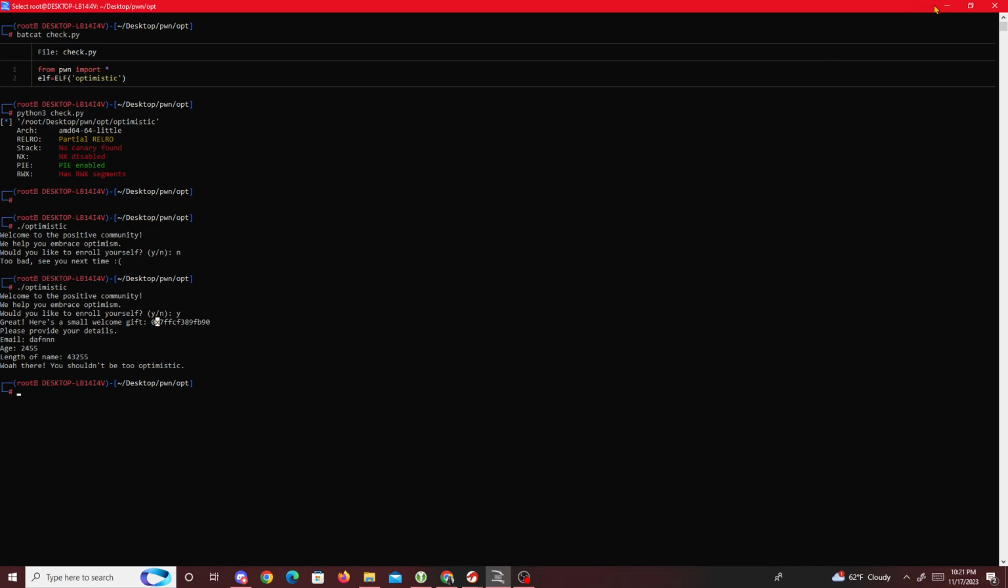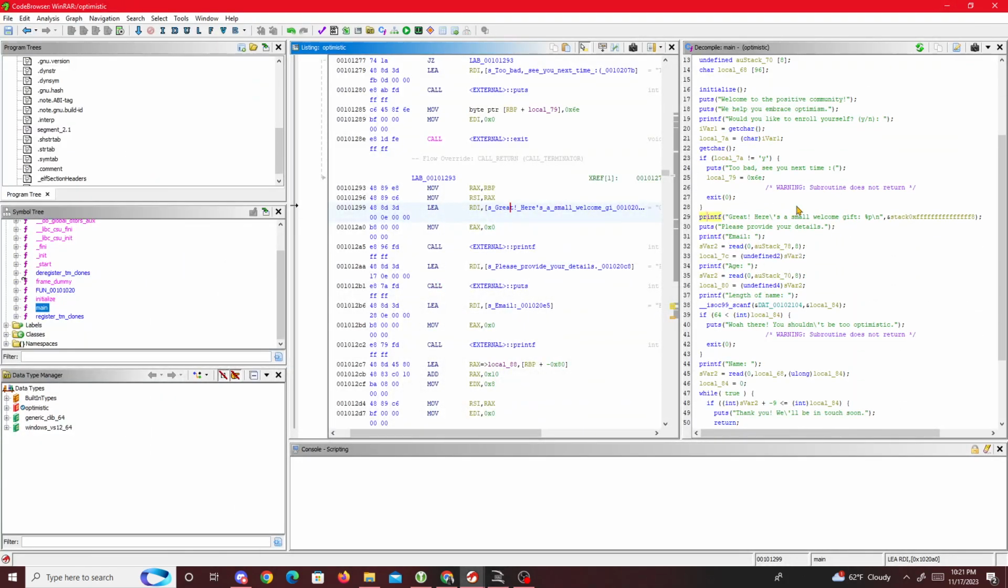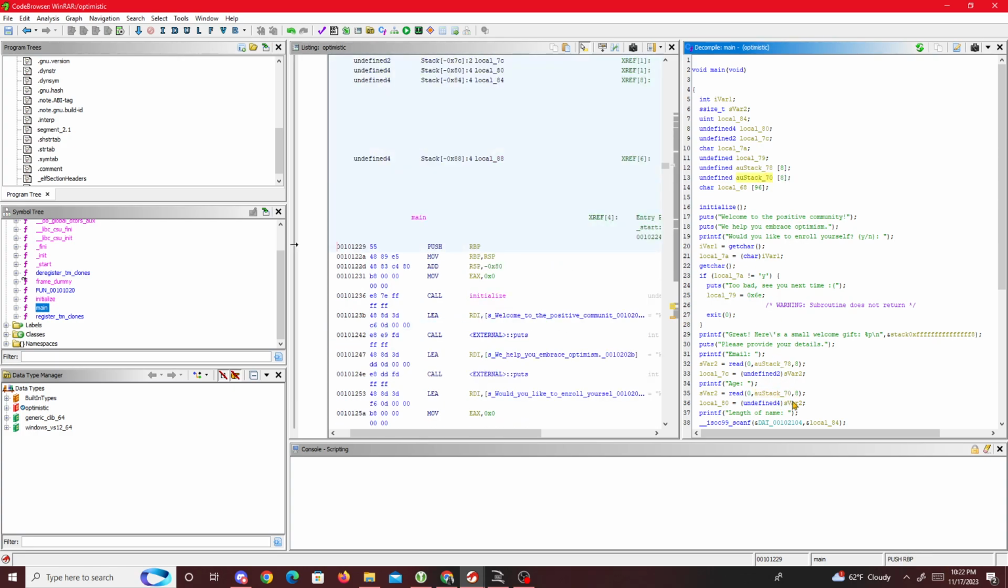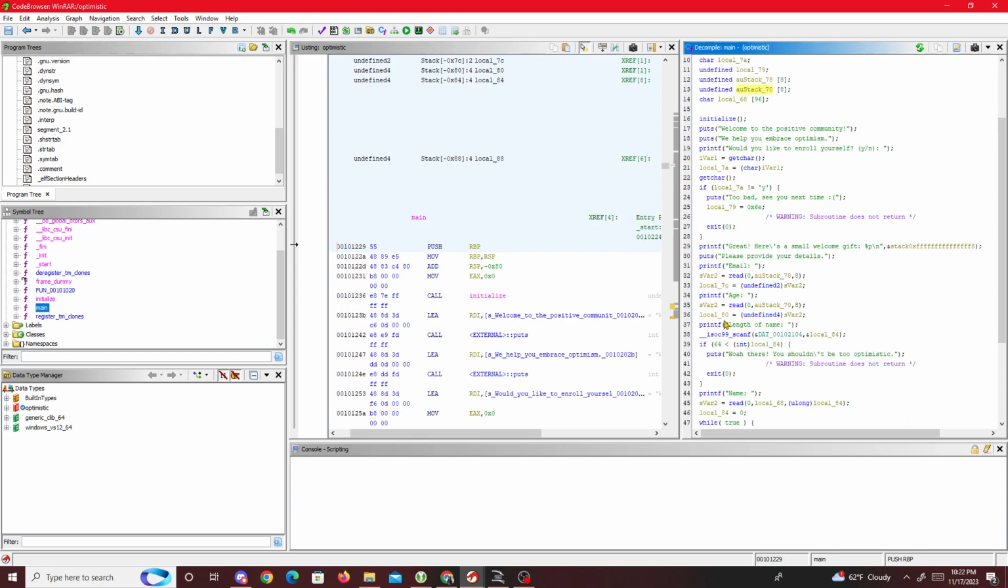So then let's get even more started. Once we figured that out, we could probably use that for later. So it says, please provide us your detail. We read in our email, which is 8 bytes long, and we get in 8 bytes. Then we read in our age. Our age gets passed to AU stack 70, which is 8 bytes long, and we can only put 8, which is normal. And then finally, we get to the printf